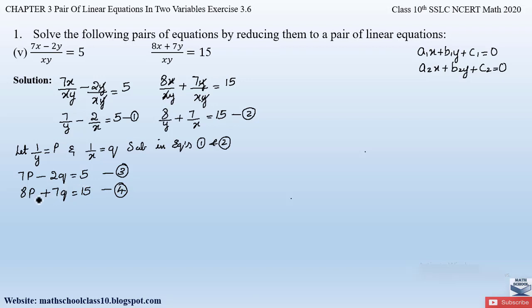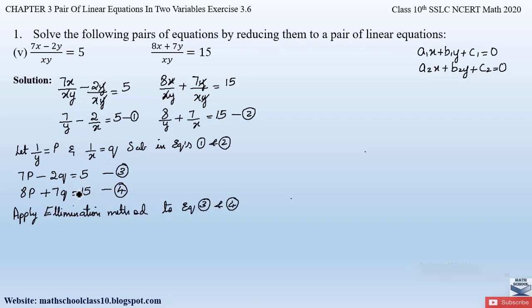Now here we have obtained the two equations in standard pair of linear equations where the variables p and q are in the numerator. Now let us solve these equations to find out x and y value. So we can solve the equations either by graphical method, and in algebraic method we can use either cross multiplication method, elimination method or substitution method. So here we will apply elimination method and find out the result. Applying elimination method to equations 3 and 4.